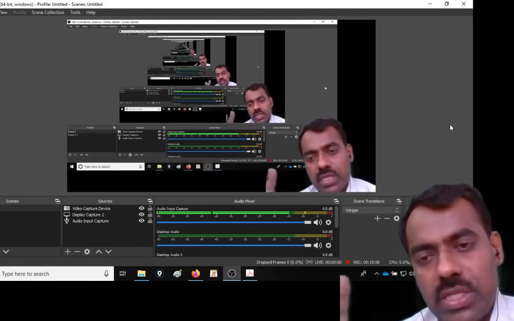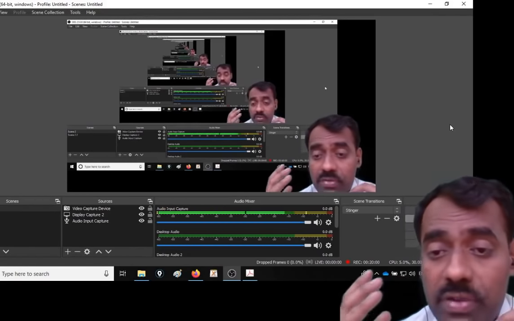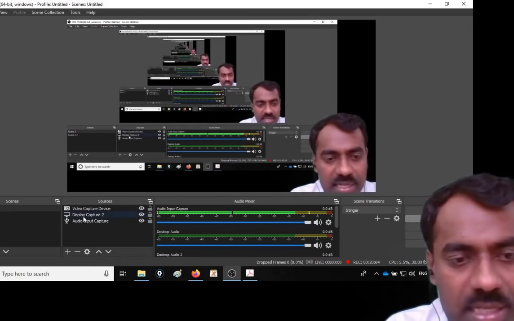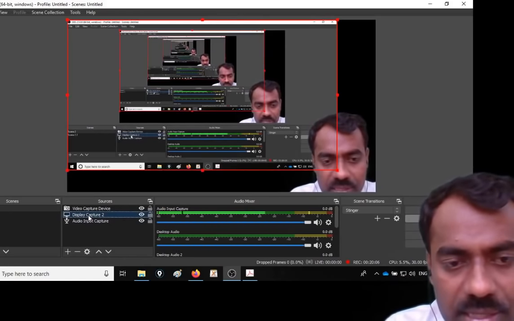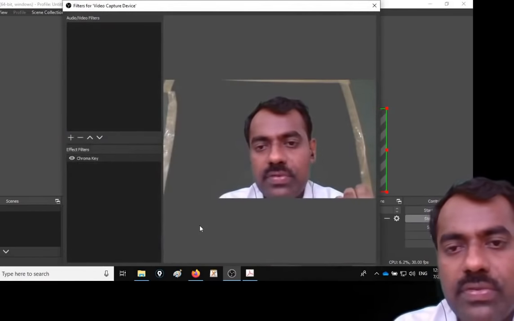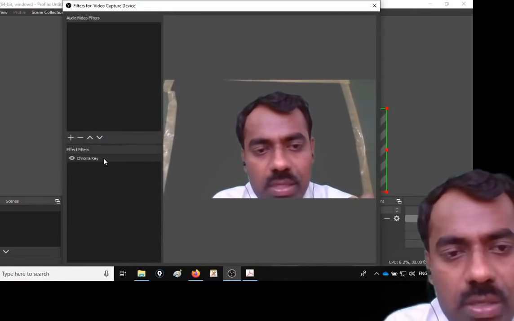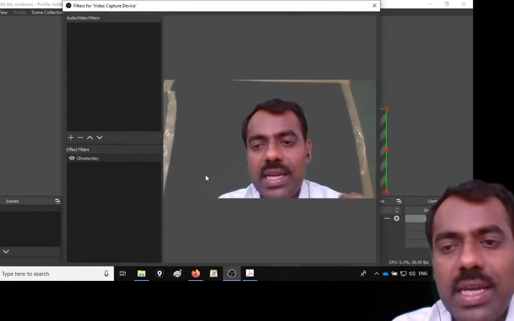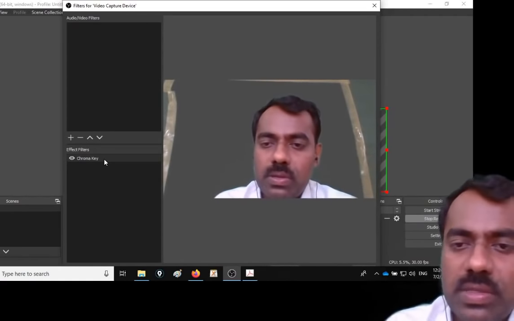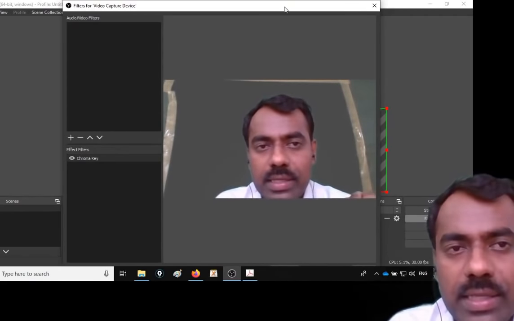Later on, once you start using it, there are a number of options available in OBS. For example, filters are there. I'll just show it once for this video capture. Right click on it and you can go to filters. What I have added here is chroma key. Chroma key removes our background and makes it transparent.